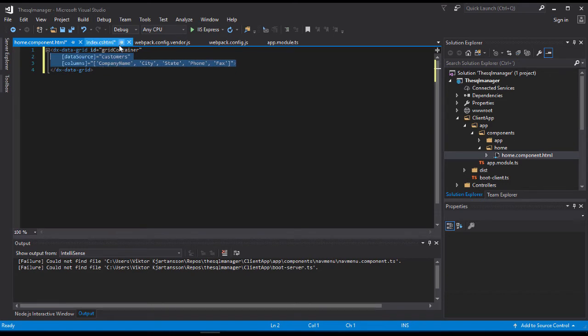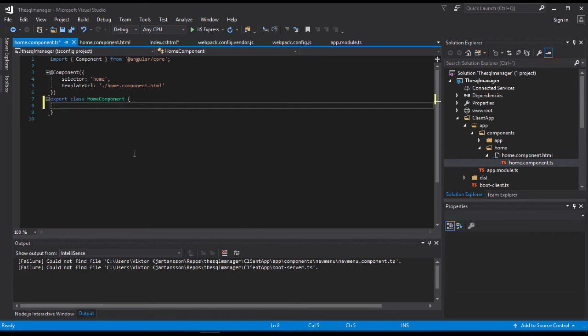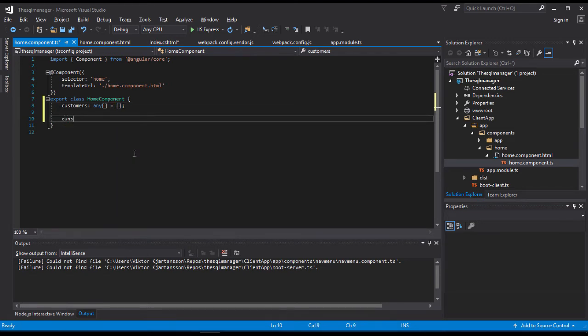and what you see here is we have a dx-data-grid, and it has an input parameter of customers, so we need to define customers in our component. So we'll go into our component and define customers as any array to make it simple to begin with, and it will equal an empty array. We'll make a constructor here also,